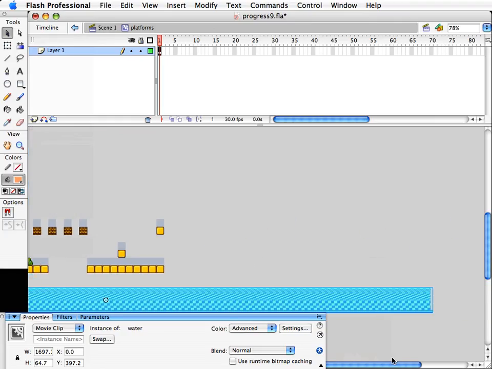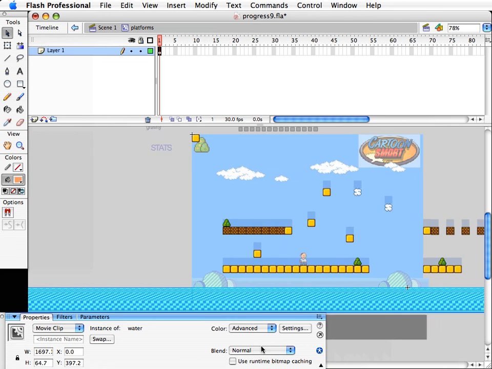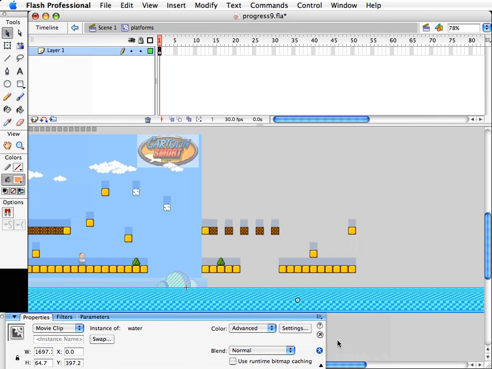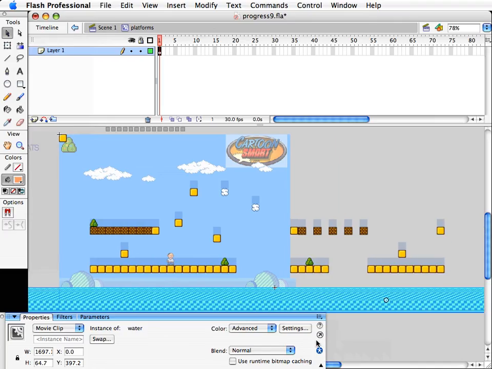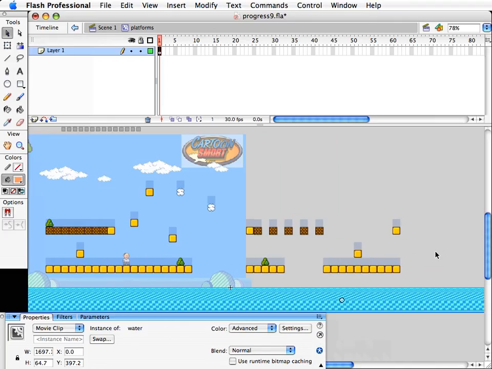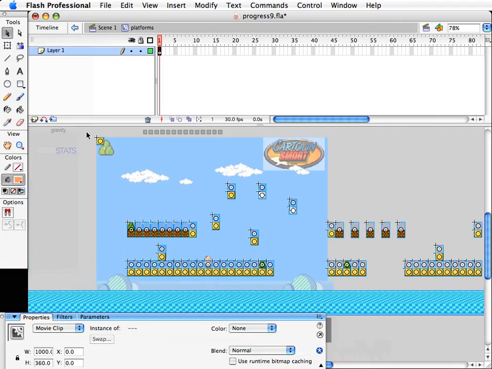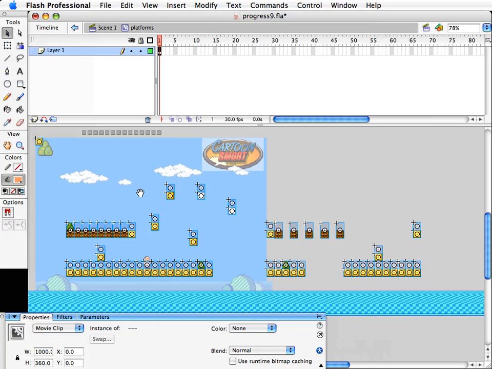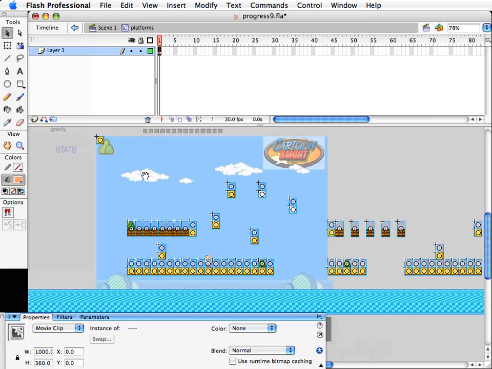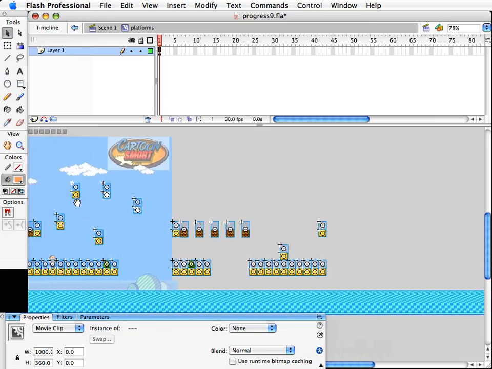I'm just trying to think about this water. You know what? We'll leave the water alone for right now. Let's just select everything here. I'm going to start with this brick up here. That's our marker, the furthest left of this little thing. And what I'm going to do is select every little bit of it and make it into a new